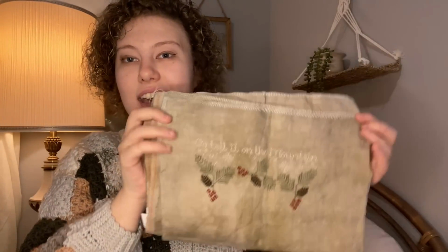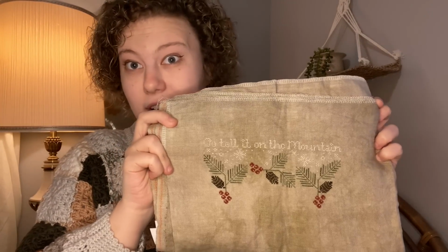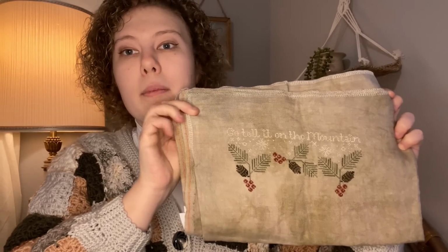And I think I'm 50% done because this goes into Pattern Keeper, side note. So I'm at 50% complete. I think I could finish this in the next couple months if I focus on it. So